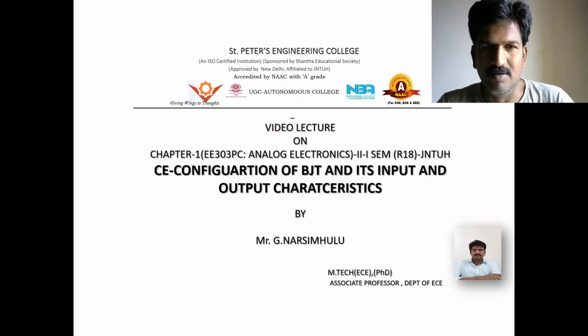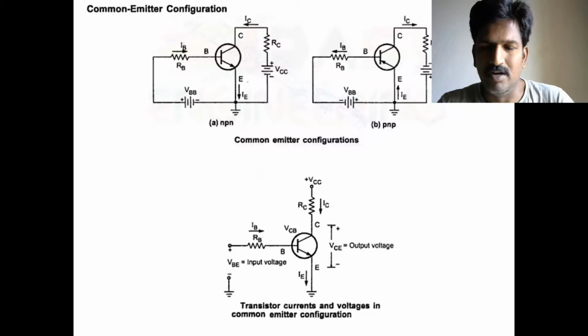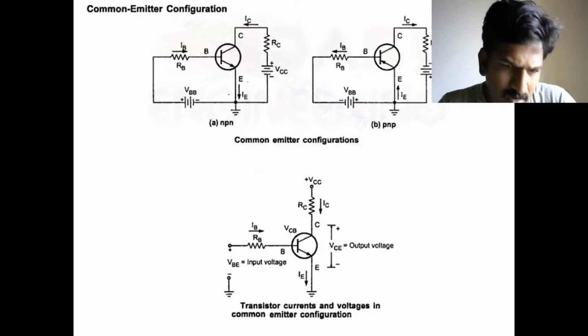Engineering College, Hyderabad. In the last class, we discussed the CB configuration and its input and output characteristics. Today we are going to discuss the CE configuration. CE means common emitter configuration. In common emitter configuration,